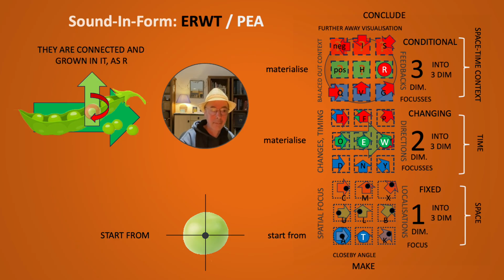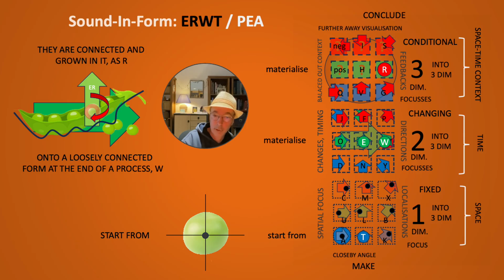That's the letter E. The R describes actually where you can find it. So it is connected. It is connected as after conditional, of course. It is conditionally connected in it. So it has been grown in it. There is that connection to that little boil, of course. This is described via the letter R. How it is connected, with what is it connected, in which form is it connected, in the form, of course,